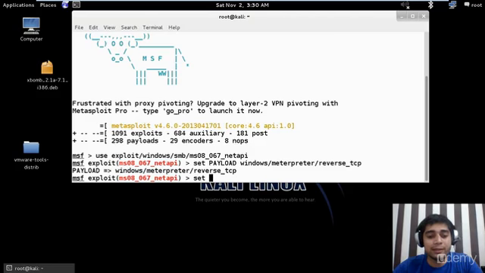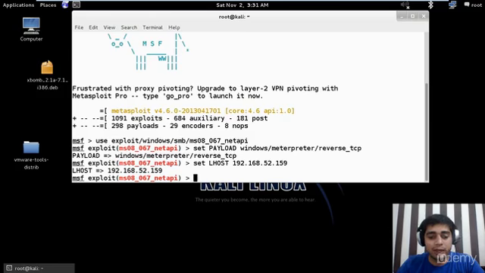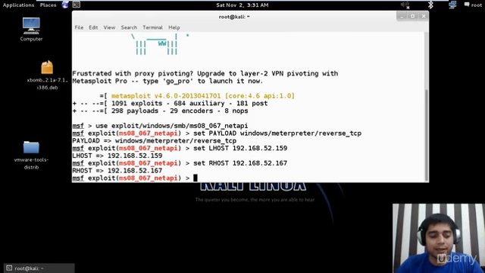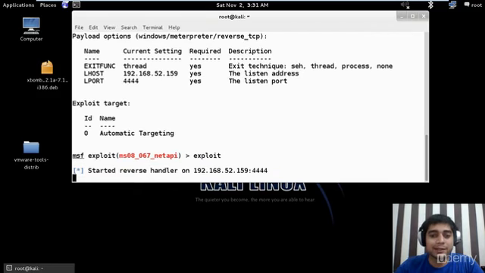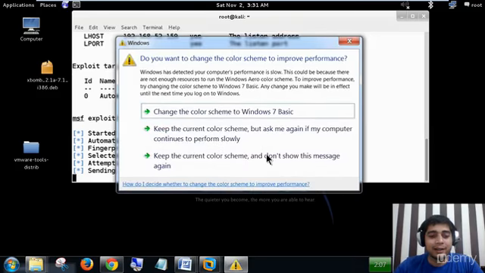Everything is ready. Let me set the variables with the commands. I hope you already know that we are going to set the LHOST value first of all, that would be 192.168.52.159, it is my machine. And also I'm going to set the RHOST value, that is the victim's computer, 192.168.52.167. Now everything is set, and as I always say, I recommend hitting the show options command so that you can find out if anything is missing or not. After that we are going to hit our magical command, that is the exploit one,